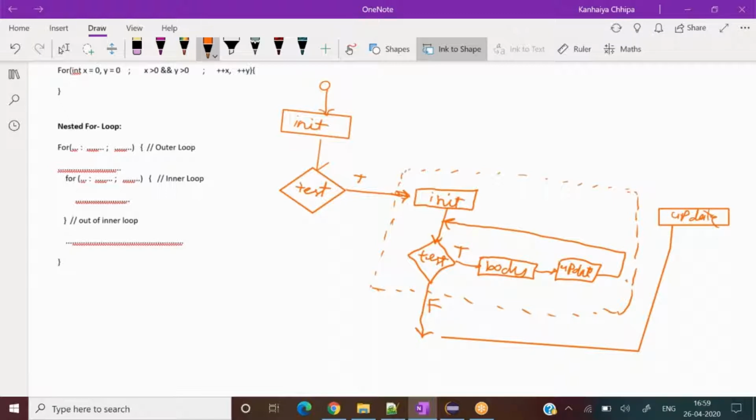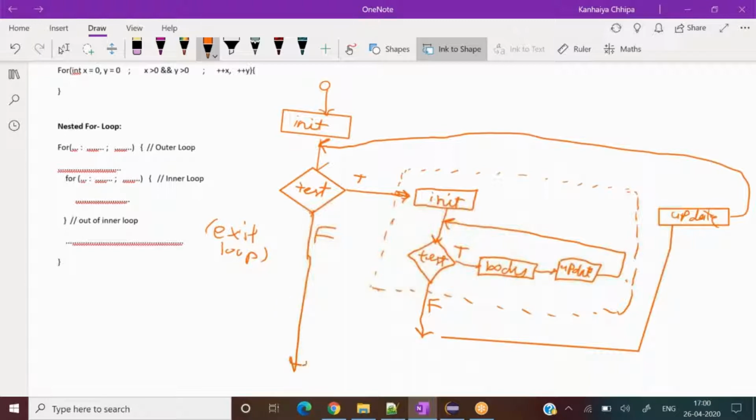Okay, and then this outer loop will come here, and in this way it will keep on working. This program will keep on working until my condition becomes false. This is false, exit loop, right, and exit from the program here.